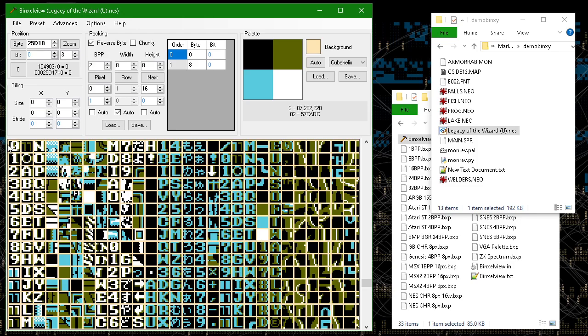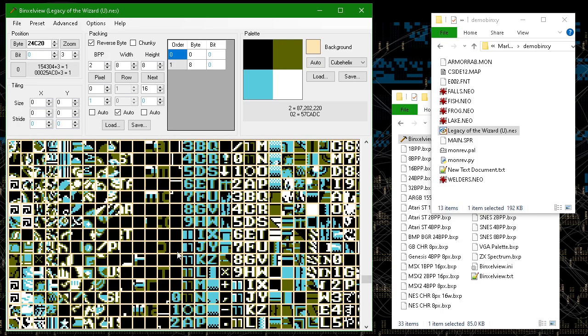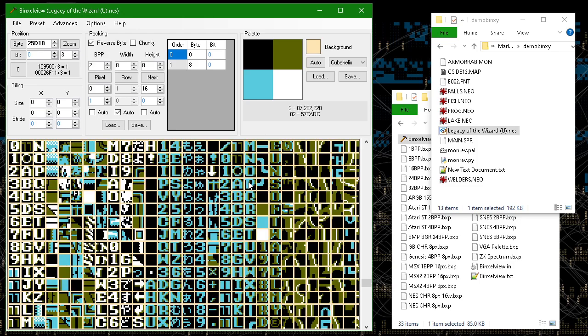Position to pixel, I can right click on this and, oh wait, it's already the start of the window. Sorry, let me do that again. So if I move this, if there's a pixel in the middle and I want to start there, I can right click on that pixel, then just click position to pixel, and there we go.